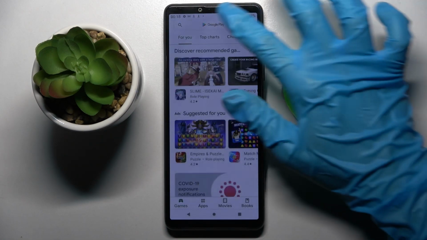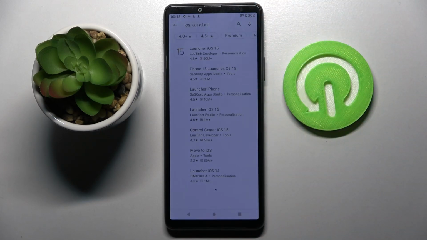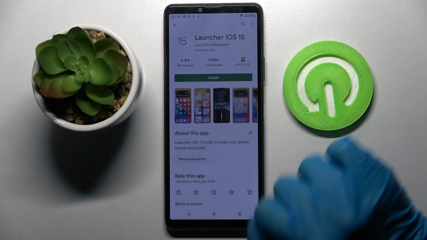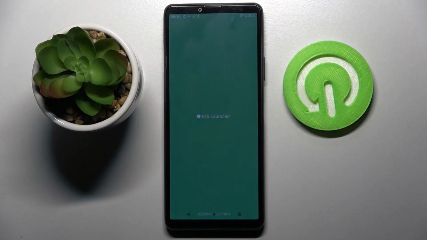Firstly, open Play Store and click on the search bar. Following that, just type iOS Launcher. Now install this free app from this developer and click on Open. Over here, select Allow in the pop-ups